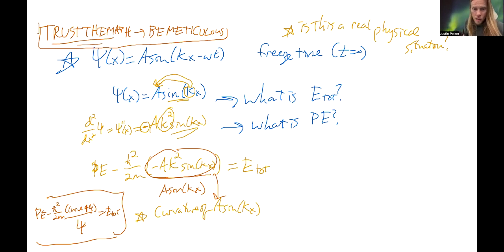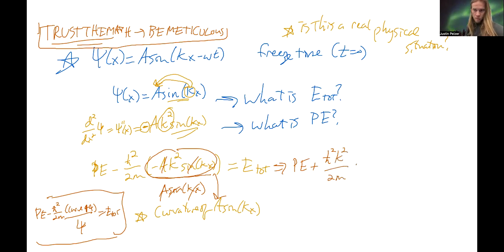So curvature of psi, great. So notice that the a's cancel, the sine kx cancels, and I get negative, negative, so I get potential energy. So then this transforms into, and this will be the next line down, but I'm doing it over here. Potential energy times negative, negative gives me positive h bar squared k squared over 2m